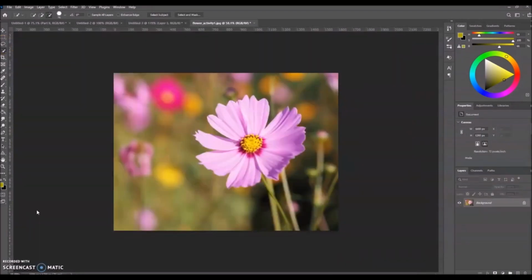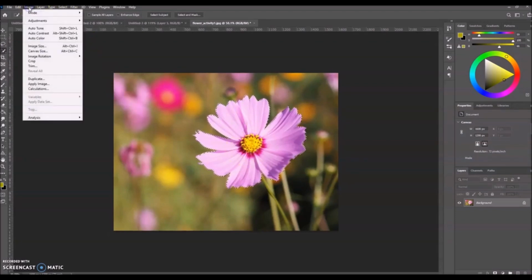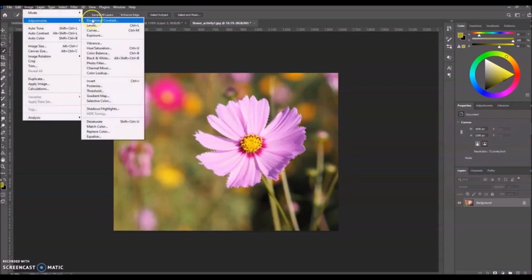So let's try these tools out and do something that we might do in a digital editing assignment. So let's say we wanted to change the color of this flower and make it appear to be glowing. So what we're going to do is use one of the smart selection tools to select the flower itself. I'll let you decide which one you're going to use. And once you have it selected, then you're going to go up here to Image, Adjustments, and then go down